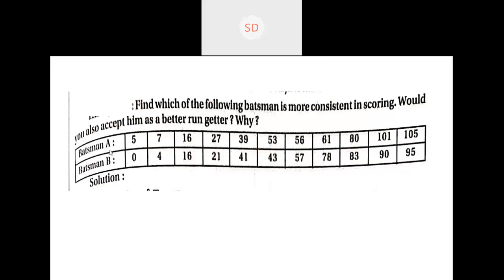So here again, this is an individual series problem because you only have data of batsman A and batsman B. There are no frequencies given to us. So we will be using these individual series only. Only data X is given to us directly, so that X we are supposed to use to solve the problem. Now let's go on and continue and solve the problem.